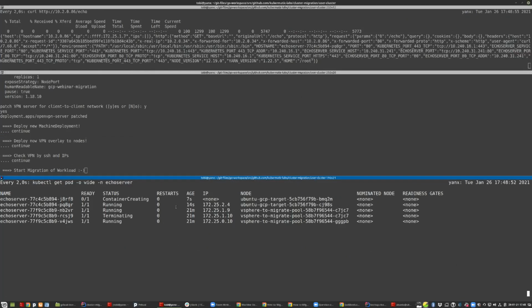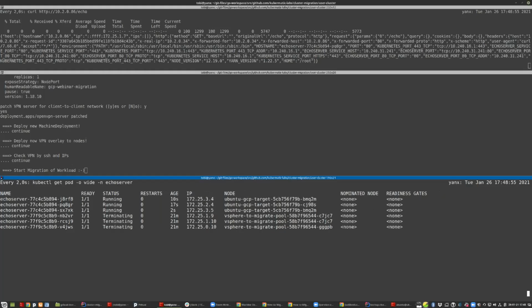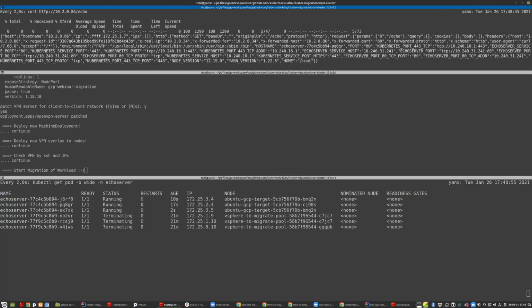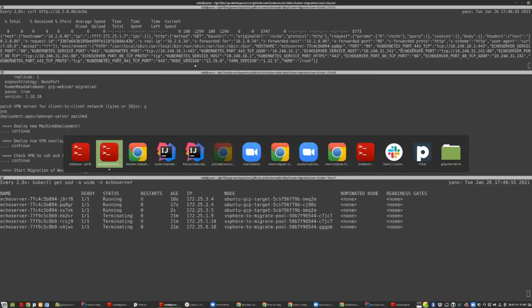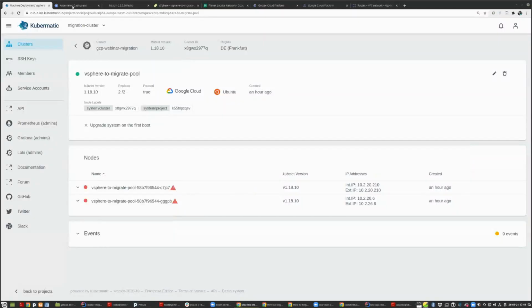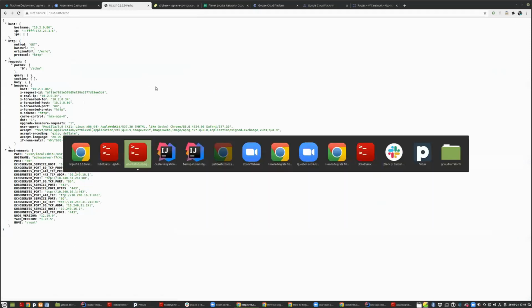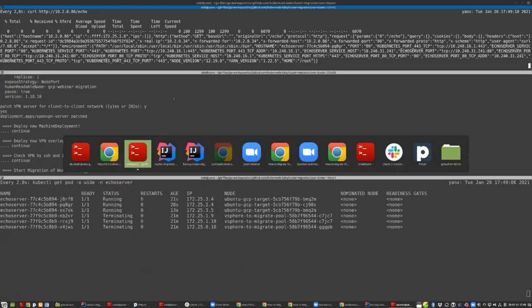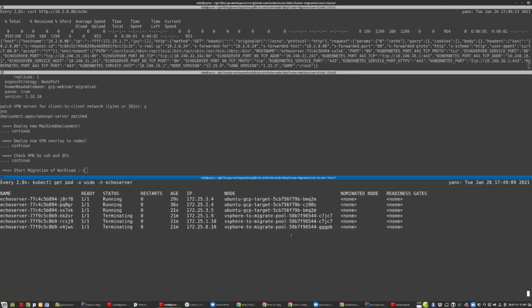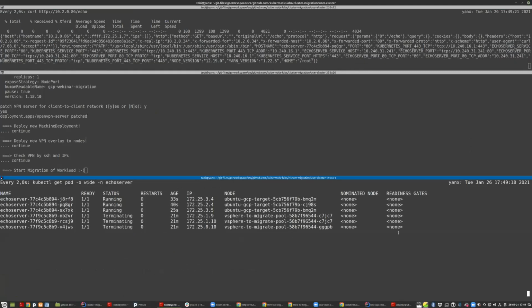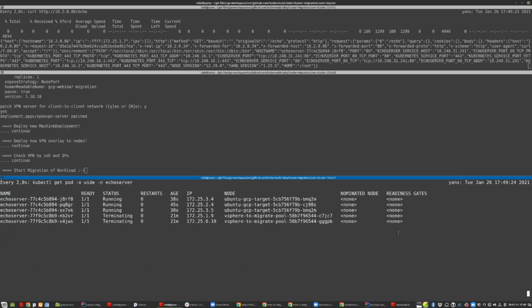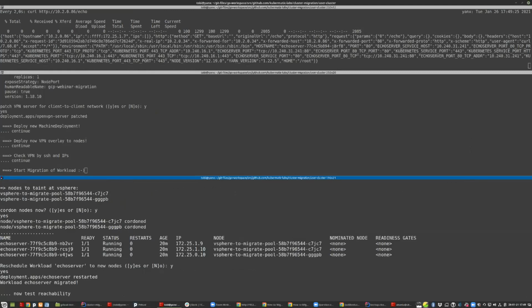Okay, so it's still reachable here, and also from the browser it must be reachable during the migration, so that we still have the application workload running, and now every Echo server container is at GCP. Cool. This worked. Next step is then to migrate the ingress, and yeah, we saw that it's still reachable, and now we can migrate